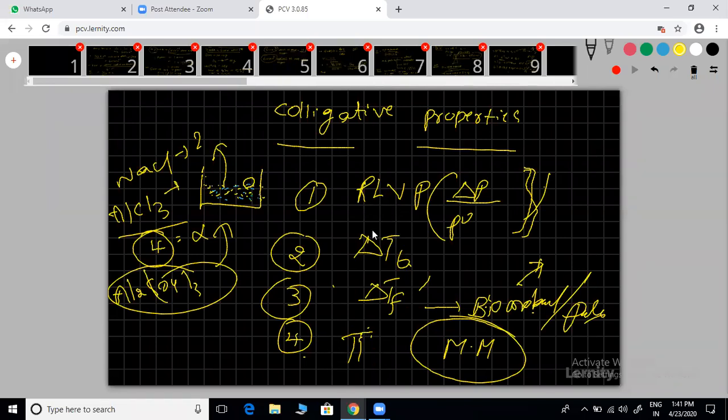But for the others, even 1 degree centigrade rising or decreasing is not that easy. But osmotic pressure is easy. You can measure pressure to 1 mm of Hg, and even a small change you can measure. So the best method to calculate the molecular weight of biomolecules or polymers is osmotic pressure. Keep in mind this word and try to note it down if possible. So we are going further.